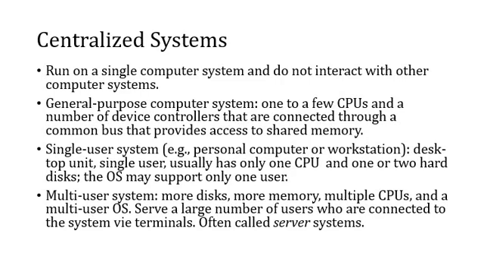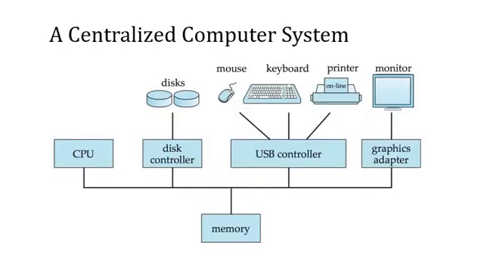As with the Windows operating system, it cannot give access to multiple users at a time, but if you use Linux and other Unix operating systems, they give the flexibility of using multiple users to work in a system at the same time. So if we look at the architecture of a centralized computer system, it has some CPU,